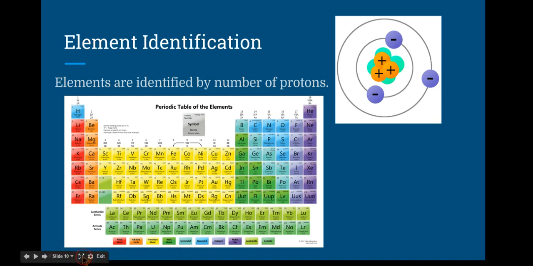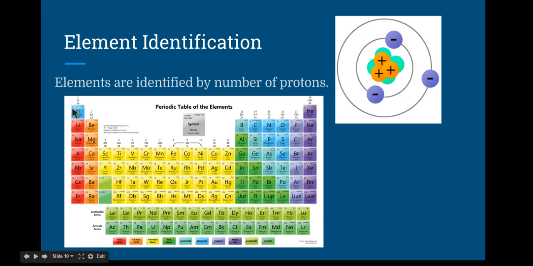All right, so this is the quick completion of part one of our videos. One of the last things we need to understand is how to identify elements. Elements are identified by the number of protons, the positively charged particles in the nucleus of them. Now, each element right here, and this is kind of a zoomed in one, but on your periodic table,